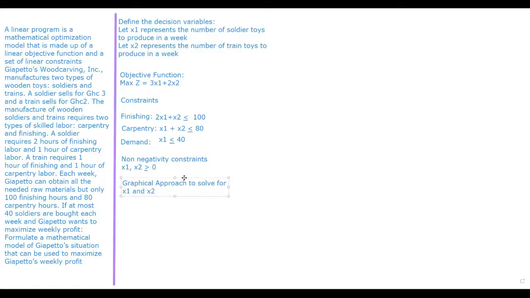You get it? So let's develop coordinates for the finishing. Now we are saying when x1 is 0,